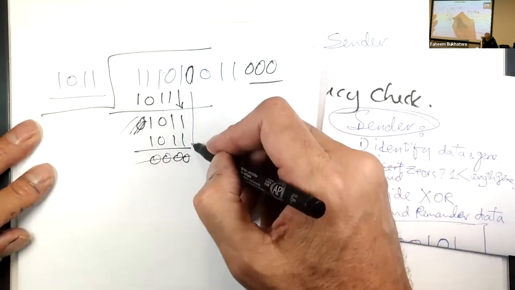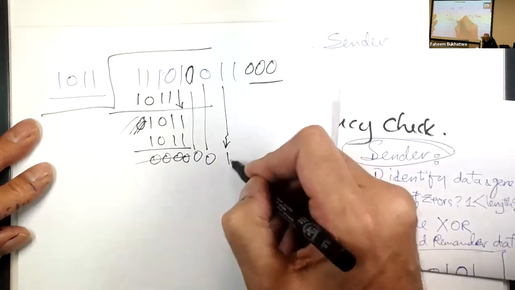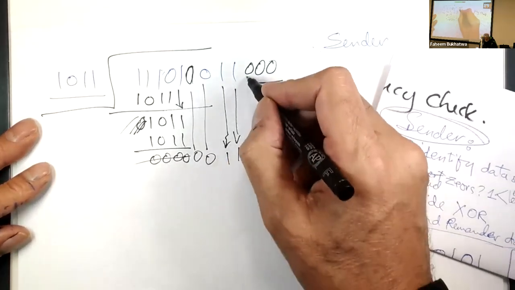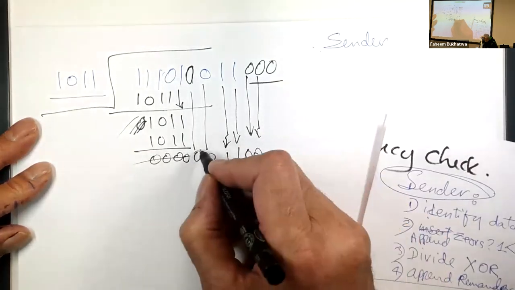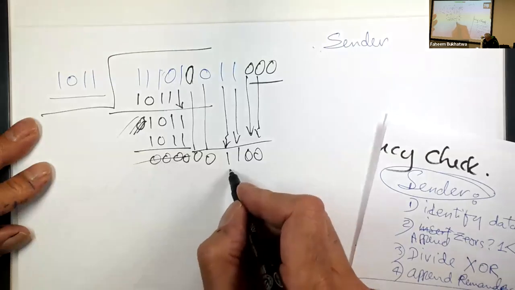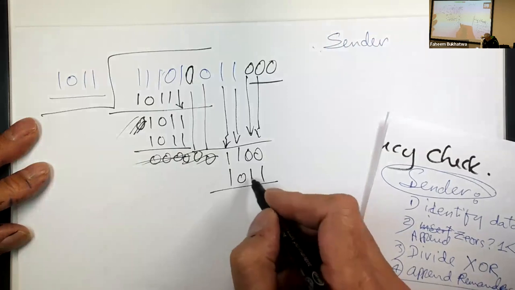Bring down the next 0, it's useless, no good. 0 is no good. So bring down the 1 and 1 and 2 zeros. 2 of those 2 zeros. 2 of those 3 zeros. So now all zeros on the left are no good, so that's 1, 0, 1, 1, and that gives us